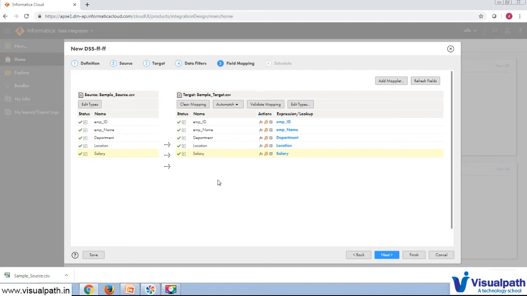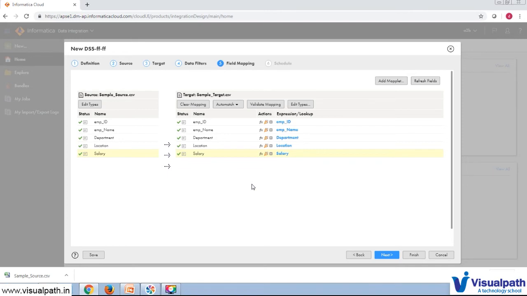Okay, so here we have two more things. If you want to perform some lookup on any other object, to get the data which is related to particular information, you can perform the lookup. Like in the Informatica Power Center we have lookup transformation, right? It will work in the same manner. And also if you want to perform some expression, you can use it. We can implement this logic in the next one. Okay, so for now we will go with some basic field mapping.